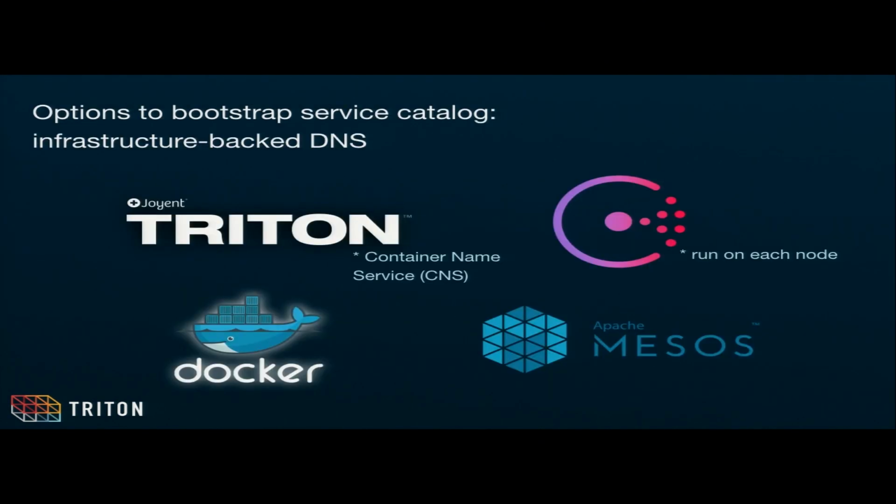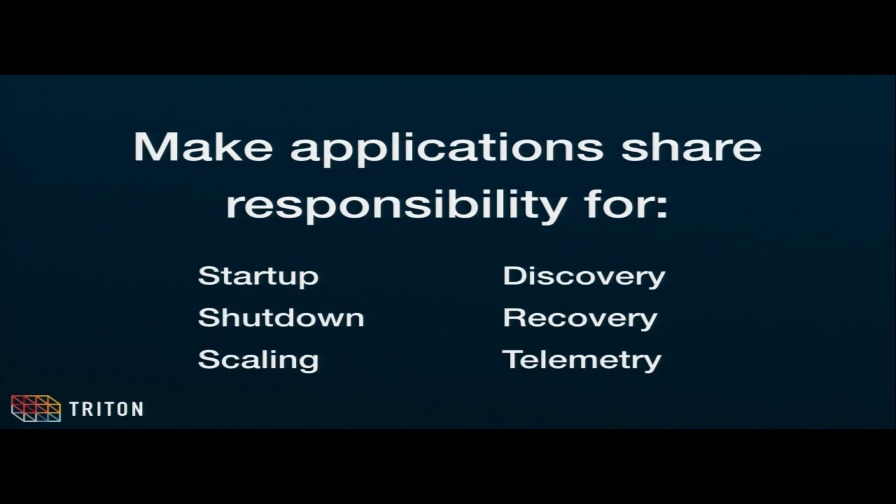One of the ways to do that is with some kind of infrastructure-backed DNS, where you have fixed instances within your application that can be provided to the containers through your scheduler. On Triton, we have something called Container Name Service, which effectively ends up being the same thing. You can run Consul on each node, Zookeeper, etc. All right, so with those three things, what we've said is that those are our requirements to make applications share responsibility for